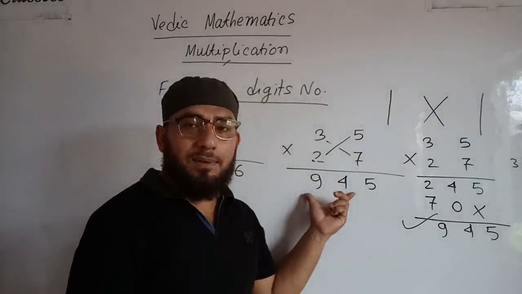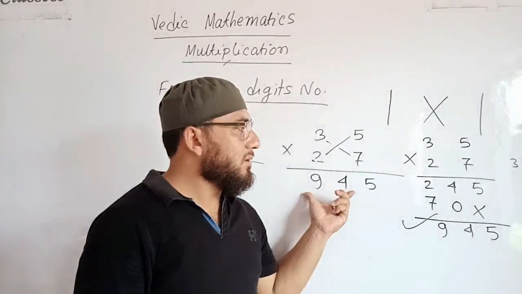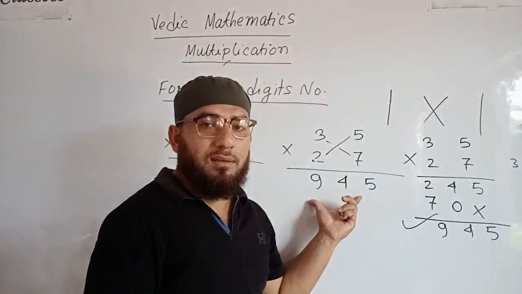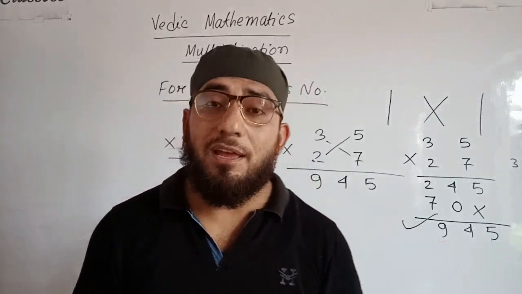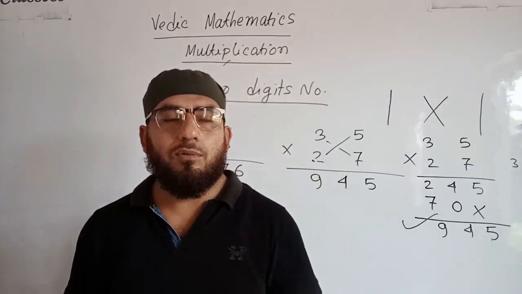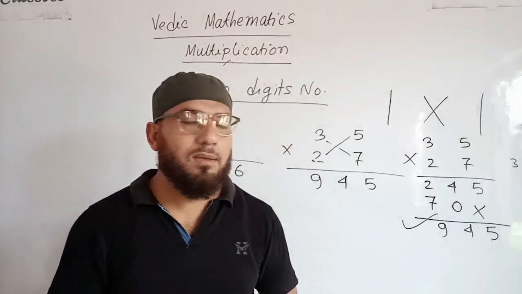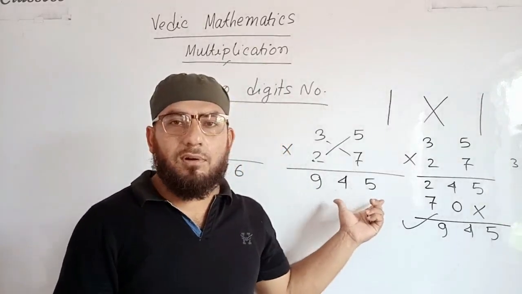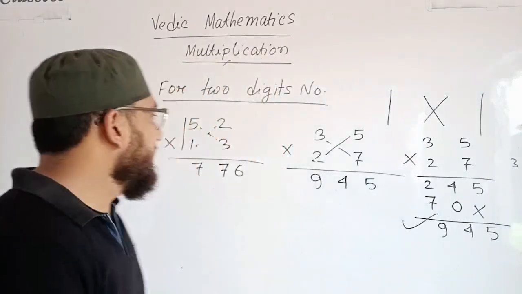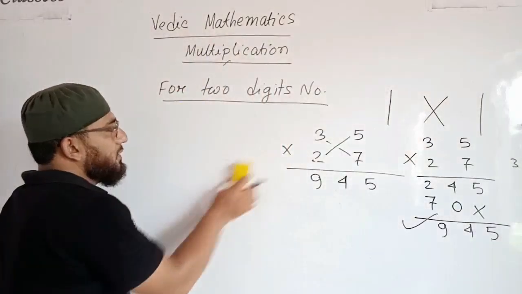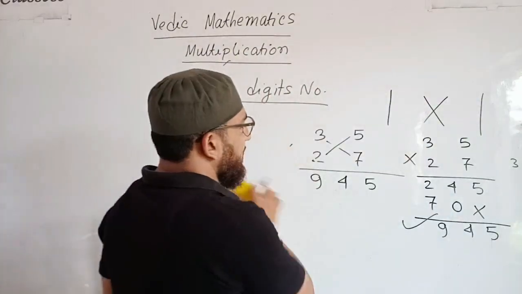So this is your answer by normal method. This is by Vedic mathematics. You can write in one line. So this is very much faster than the normal method. Okay. So this method is very much helpful when you go for competitive exam. So you must remember this, right? Got it? So you can multiply very quickly 2 by 2 digits using Vedic mathematics, right?